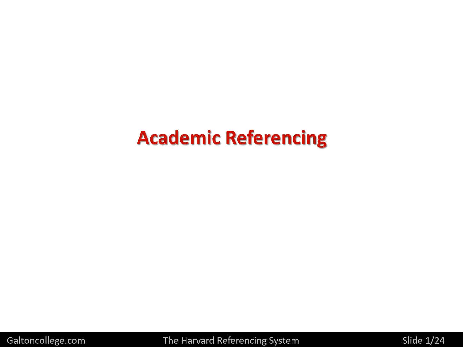And in order to do this when we're writing, there are various methods that have been deployed and set out by academics over the years in order to show where the sources come from. The one we're going to look at in this session is called the Harvard referencing system. Now, this is extremely important and also very well known throughout the academic world. Wherever you study, people are going to mention and talk about the Harvard referencing system.